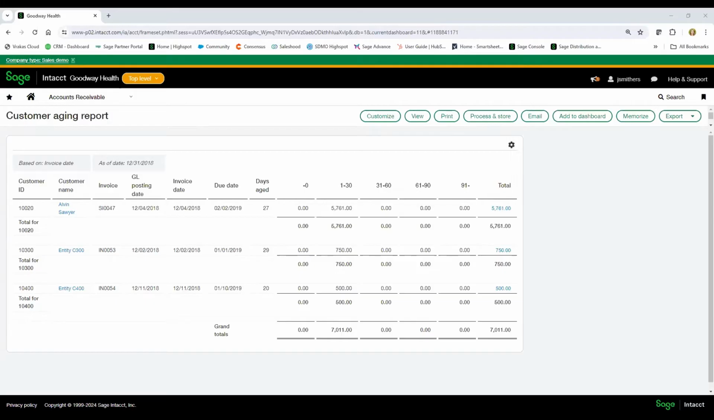Intacct has a little feature down here called Collaborate. This is on any transaction, whether it's